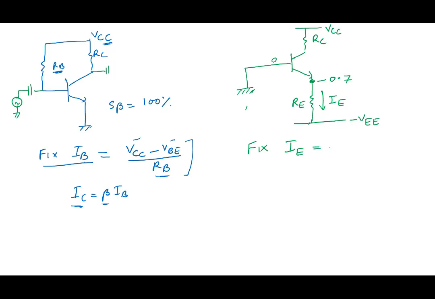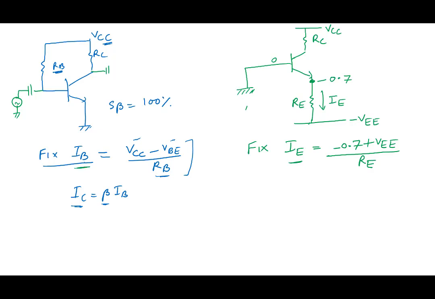And IE equal to what? Minus 0.7 minus this, so plus VE by RE. So it's fixing IE. In the other case, it was fixing IB